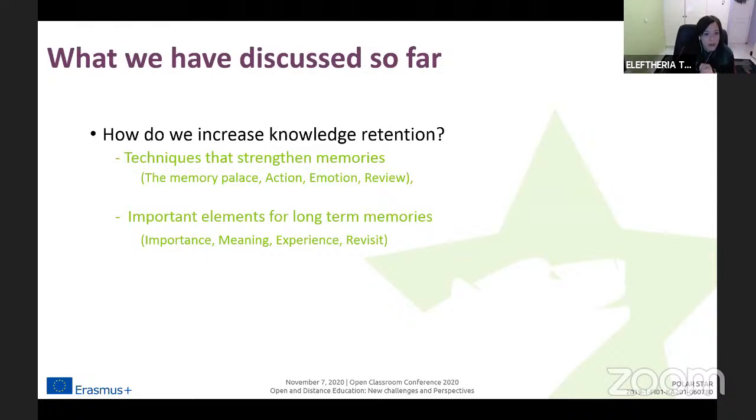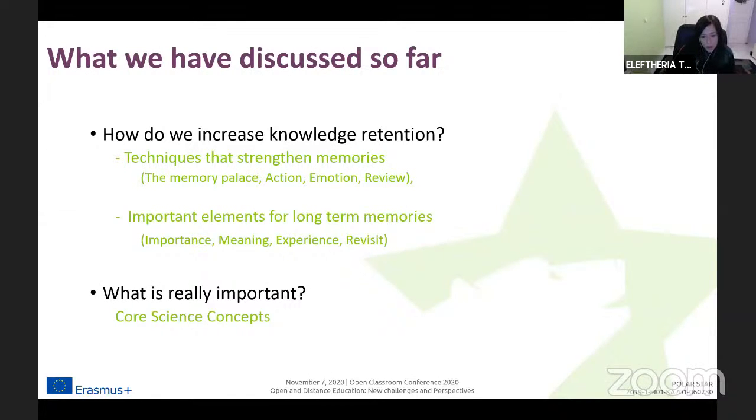We also talked about the elements that are important when it comes to storing memories into our long-term memory, so the elements that are important to increase knowledge retention. And we talked about the importance of the meaning of the memory, the experience behind it, and how often we revisit it. And when it comes to what is really important, what we talked about is that